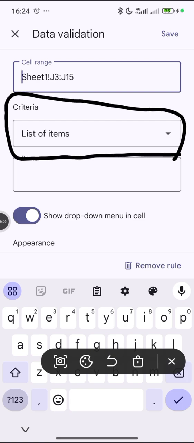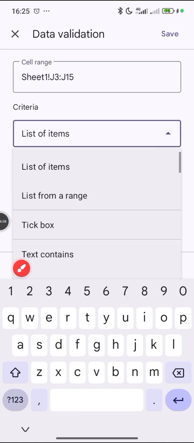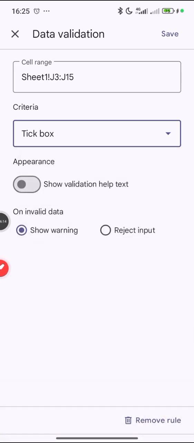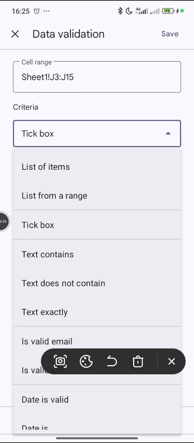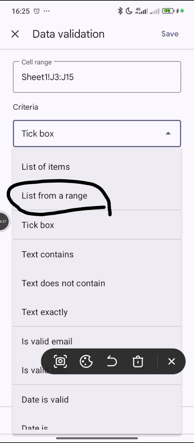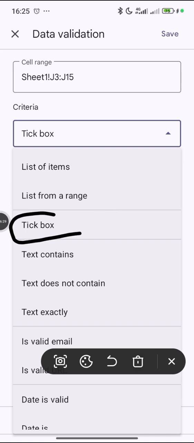You can see list items, list from a range. I mean what you want the cell to be doing by the time data is to be entered. So you can either list items, you can list from a range,